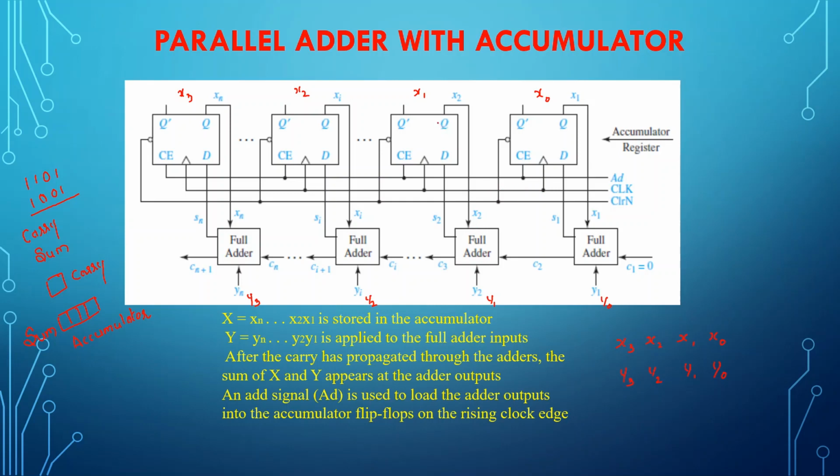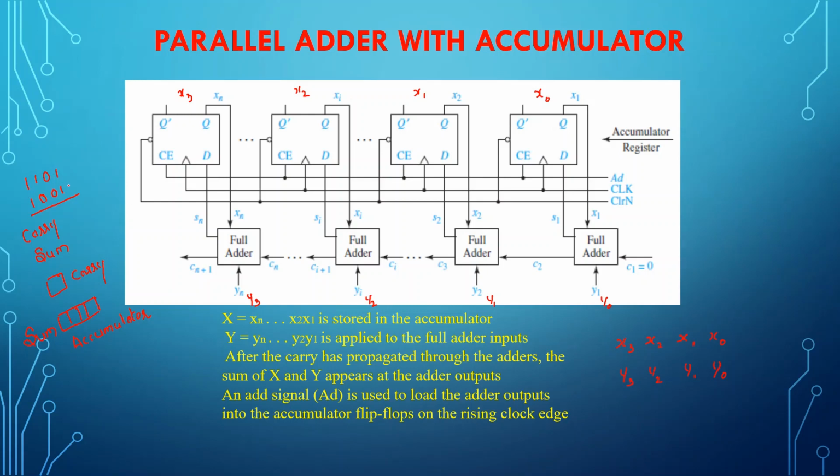After that, the second number will be carried on. The sum that has been generated will be moved on to this register, and if there is a carry, that is carried forward. But please remember that as I have named it a parallel adder, the addition will all happen parallelly. It will not take a lot of time as I'm explaining it here. I'm explaining it bit by bit so that you can understand.